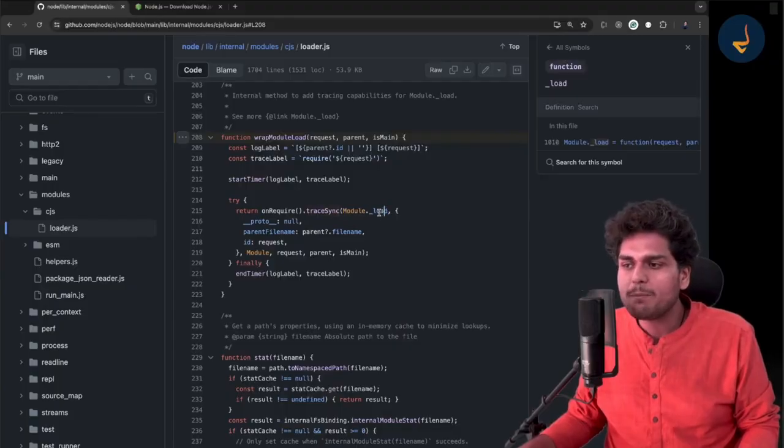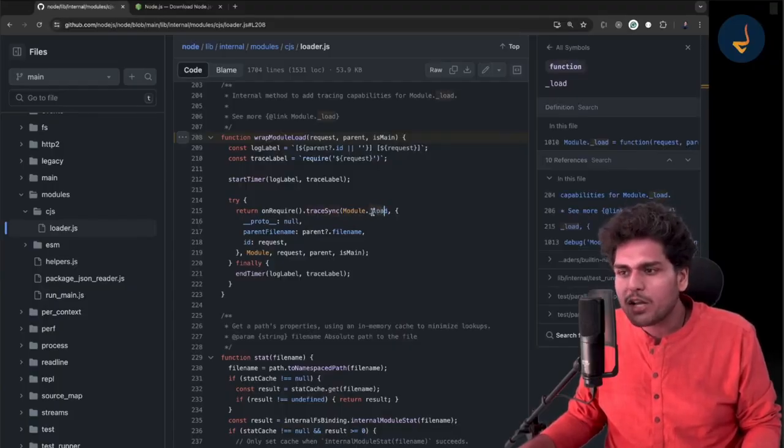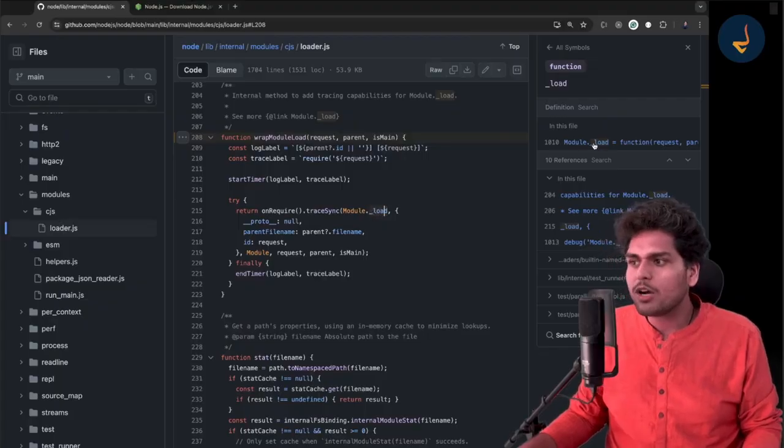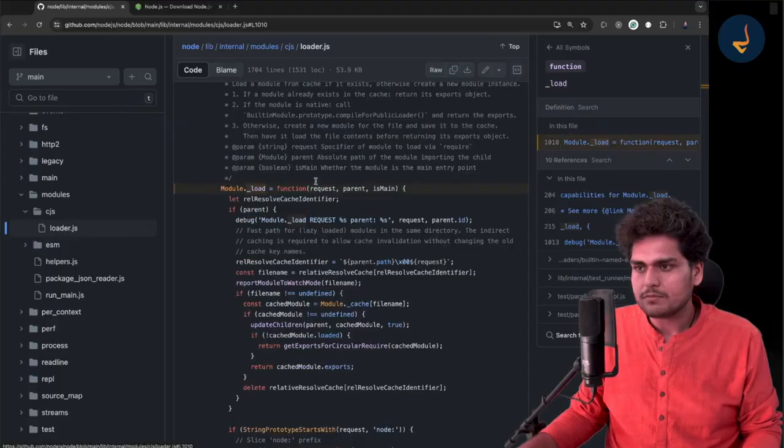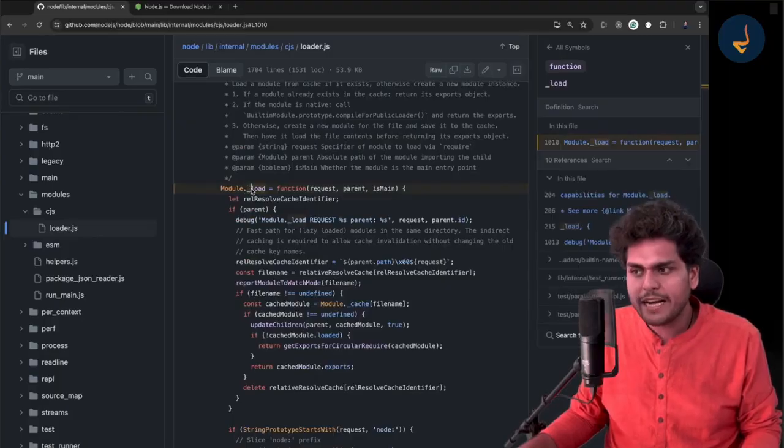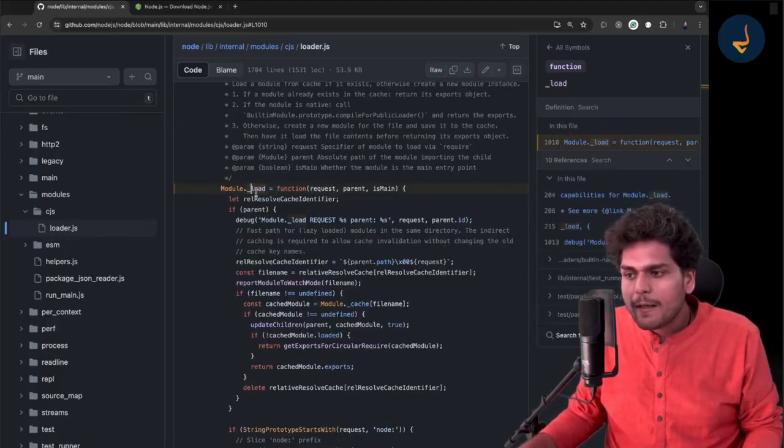This is a very important function. It will call module.load. Okay, go to module.load. If you click on it, go over here. This is the module.load function, right? Now in module.load, you will find